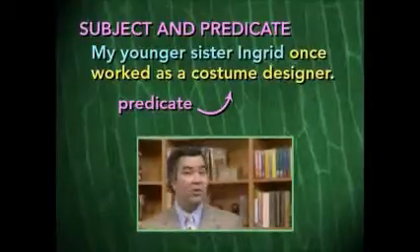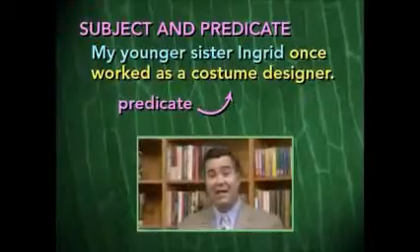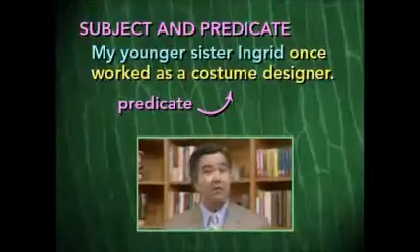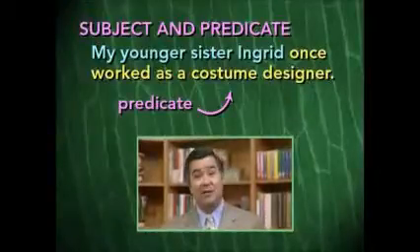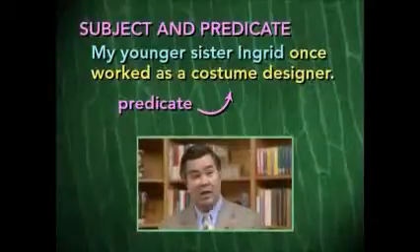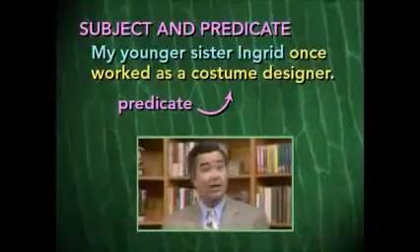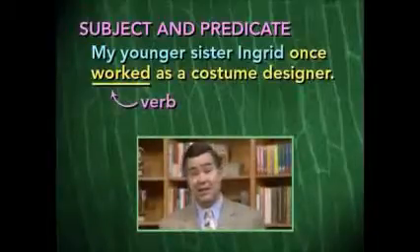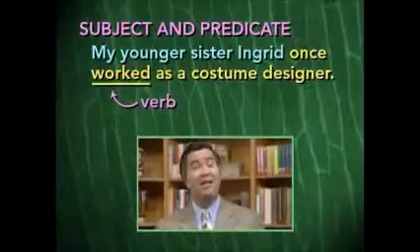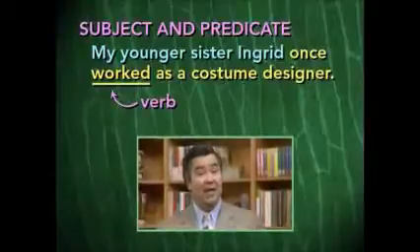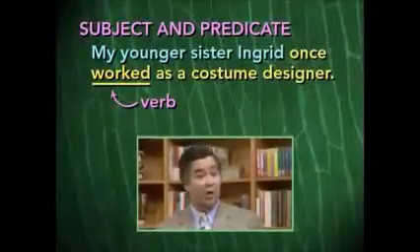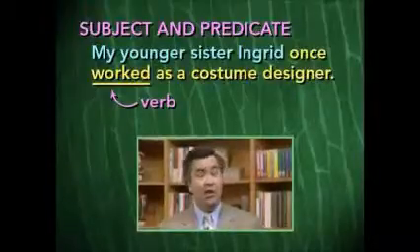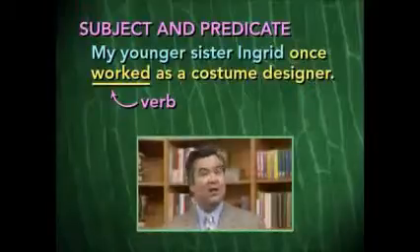Now, is there one most important word in the predicate that tells exactly what Ingrid does, or in this case, did, because it's talking about something from the past? Yes, there is one word that is most important in the predicate. It's the word worked. Worked is the verb in this sentence, and it's the most important word. It tells us exactly what Ingrid did. She worked. Notice that all the other words in the predicate give us more information about what Ingrid did. The word once, for example, tells us when she did it,